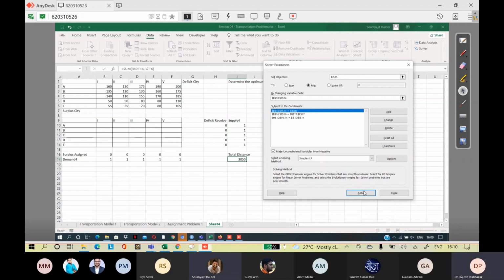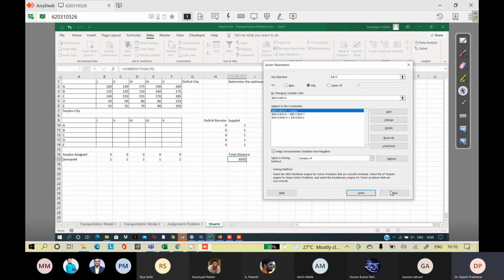Sir, but total distance initially should be 0. I don't know why it is coming 3050. No, there is some mistake in your selection. This is B16 to S16 is equal to B17 to S17, and the other ranges. Simplex solve.